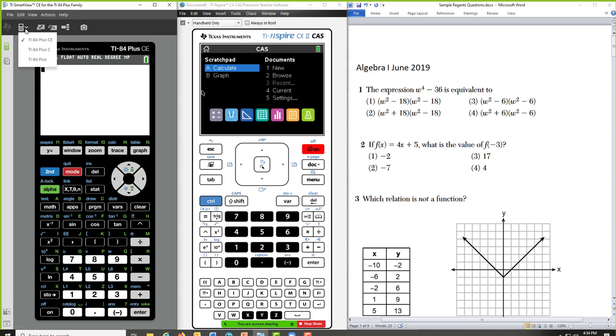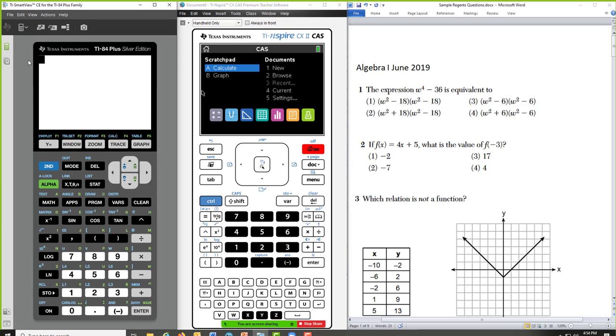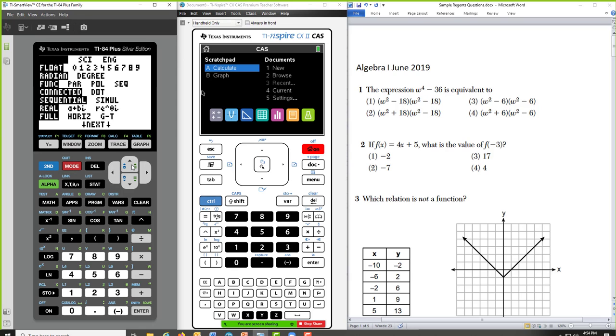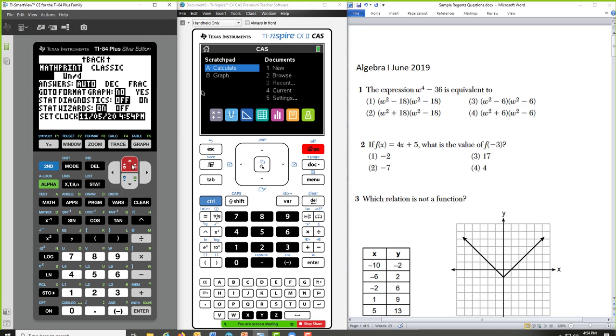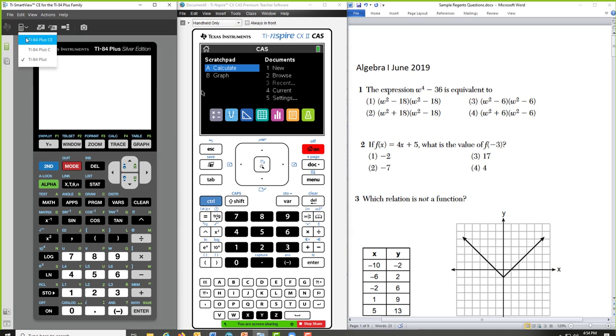What's great about this software is that you can change the model on the fly. And I believe we had somebody that said they had TI-83 Plus. Michael, you said TI-83 Plus. If you have this software and you go to the mode setting and you change math print to classic, and that's just a nice PC way of saying old, but that's fine. The technology still works. If you were to change it to classic, you would have an 83 Plus. It would say 84, but it would walk and talk and act just like the 83 Plus.